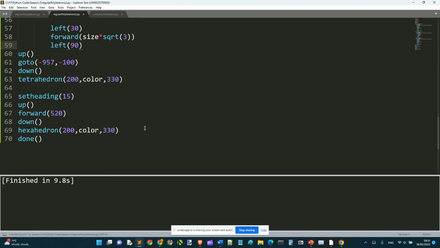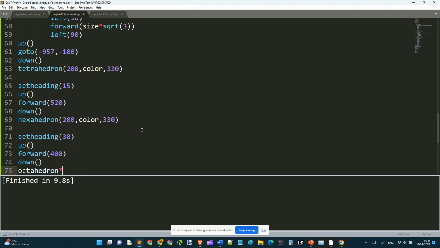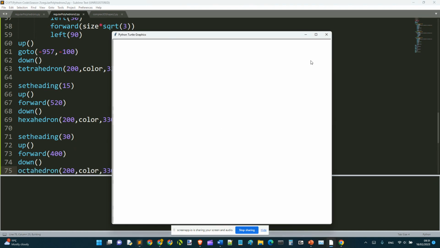And so when we do set heading 30, up, forward 400, down, octahedron, 200, color 330, and so